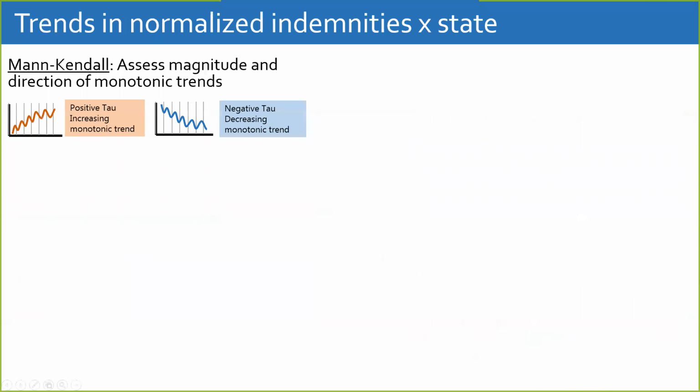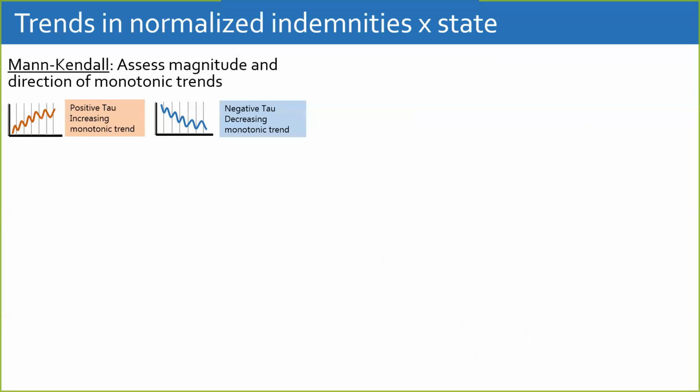And so to assess any increasing or decreasing trends in indemnities, we use the Mann-Kendall test. This essentially tells us the magnitude and direction of monotonic trends. The Mann-Kendall is well known in trend analysis and has been used in other environmental applications, such as stream flow and wildfires over time. And we apply the Mann-Kendall on annual normalized indemnities from 2001 to 2016 by state and cause of loss. And normalization is done by dividing the indemnities by the acreage to account for changes in policies